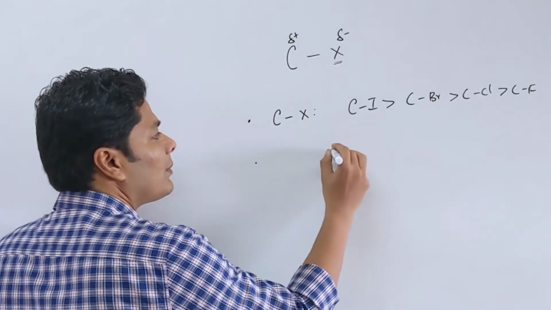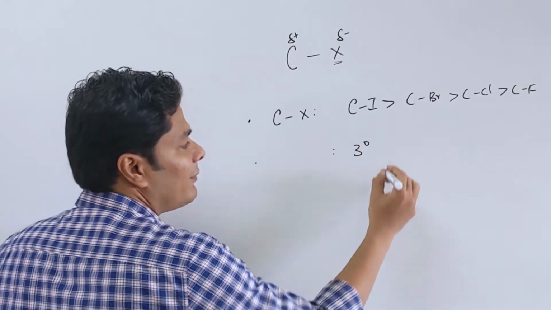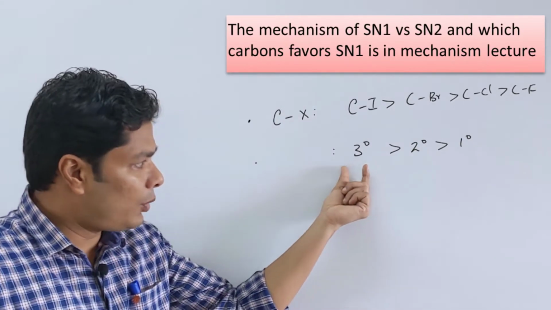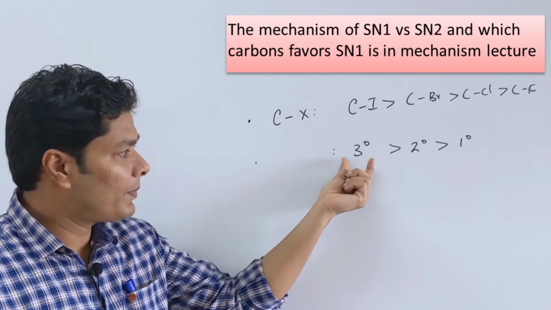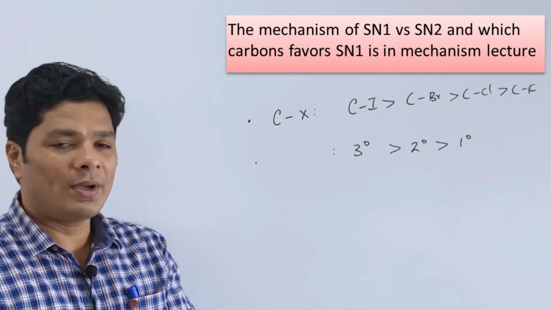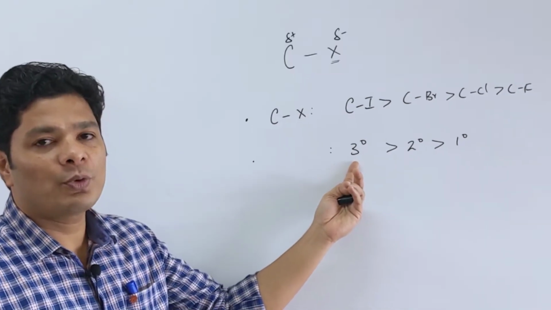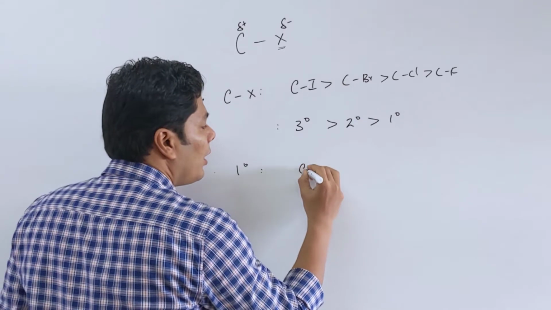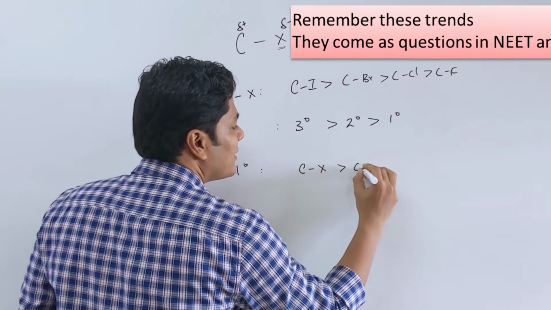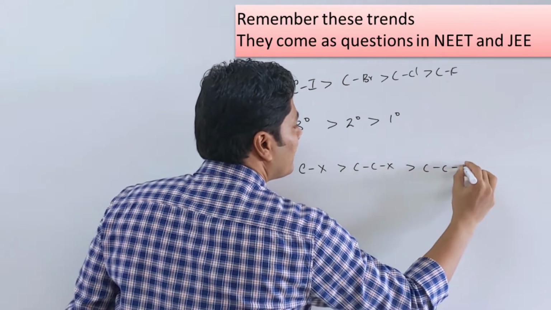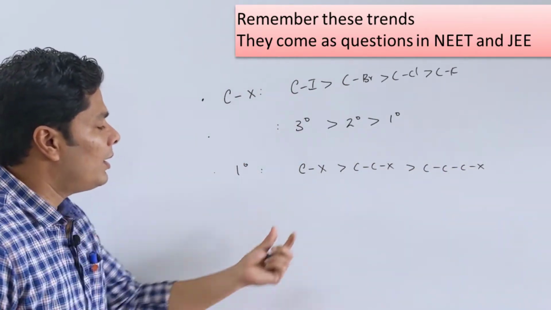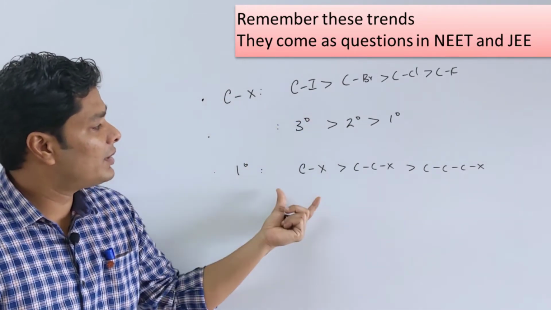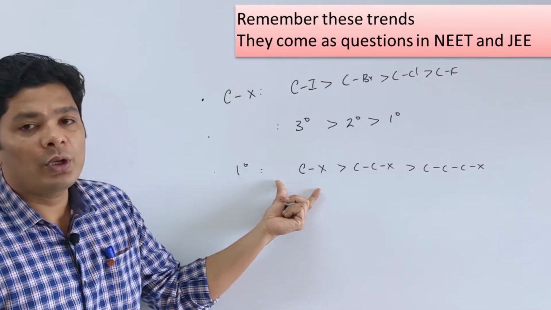Similarly, order of the carbon, a 3 degree alkyl halide will react much faster than a 2 degree than a 1 degree. Owing to the crowd around the carbon atom, and also if it undergoes a SN1 mechanism, 3 degree will obviously give you a much more stable carbocation. Now, among 1 degree, methyl will react faster than your ethyl, faster than your propyl. The inductive effect contributes to a factor. So, you just want to remember them, make sure you understand them and remember them. So, these are the order in which you are going to have nucleophilic substitution reaction.